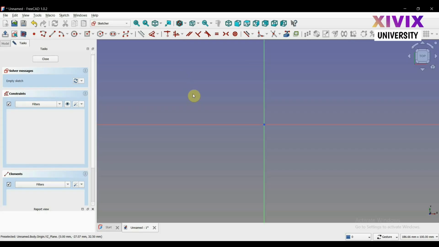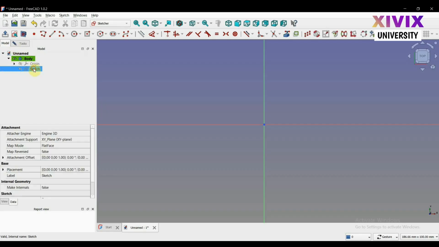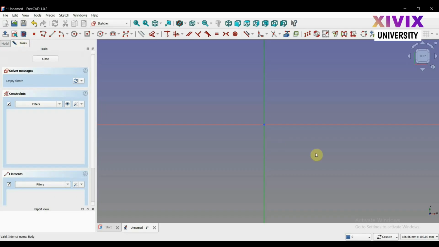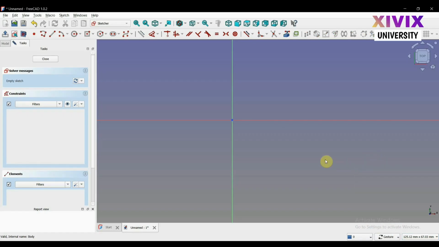So let me show you the model in the tab view first. Since we have only created a body and a sketch inside, over here you can change the dimensions in a specific order. We have set standard for the time being,